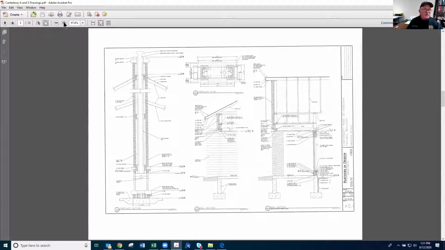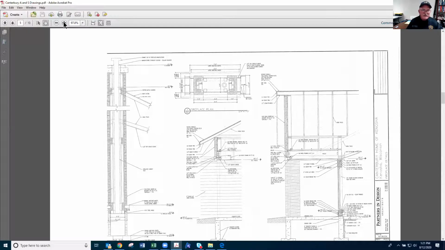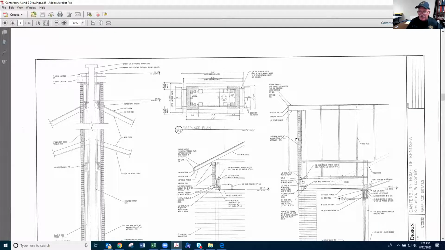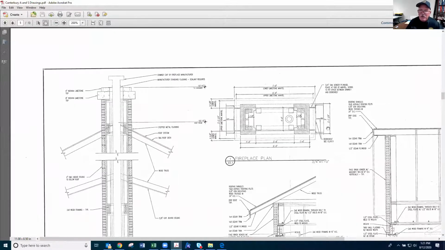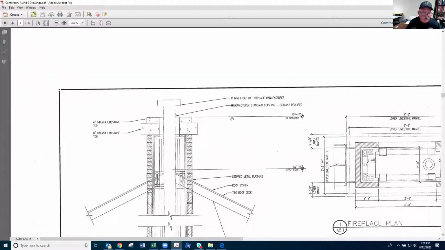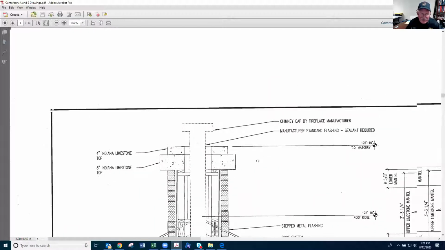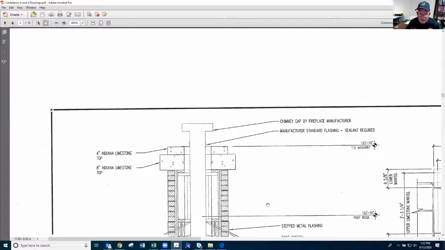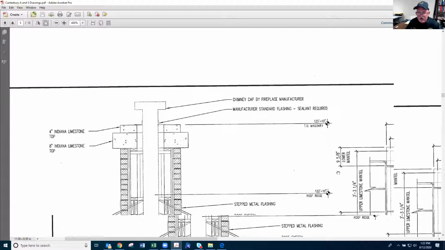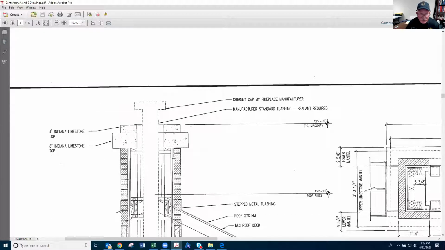Now 5.1 is also going to be more detail, but it's going to give you more notes on it. When we look at 5.1, see all the notes up here? It's going to give you more detail as to the chimney, how it's made. There's fire barriers around this chimney on the outside and inside. The different flashings, what's going to go on this chimney, and it'll also tell you what's required,